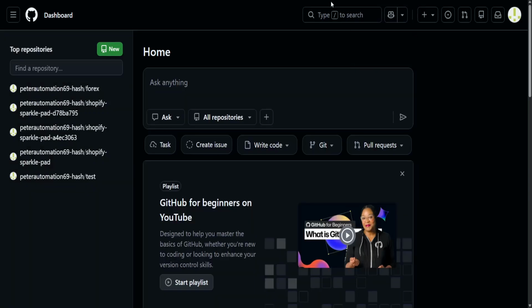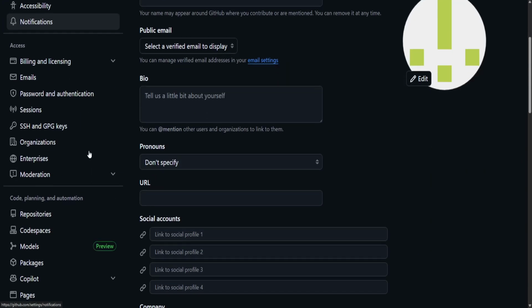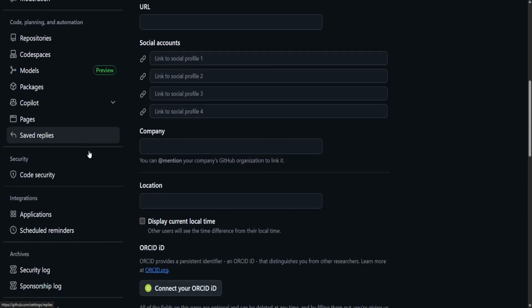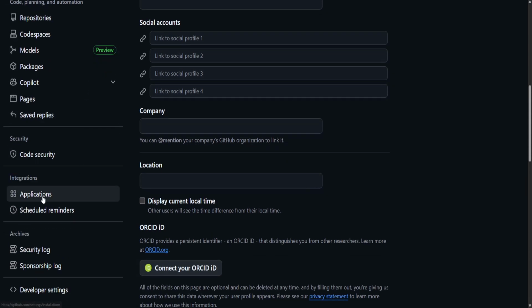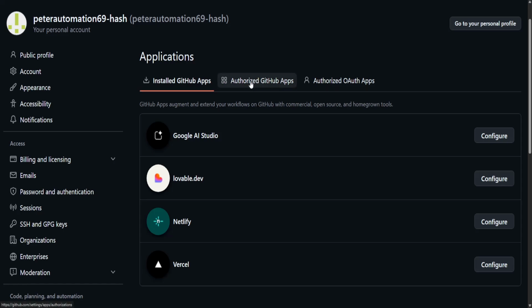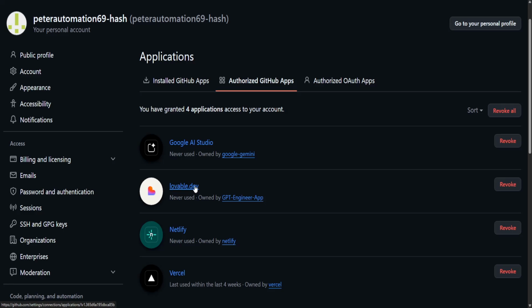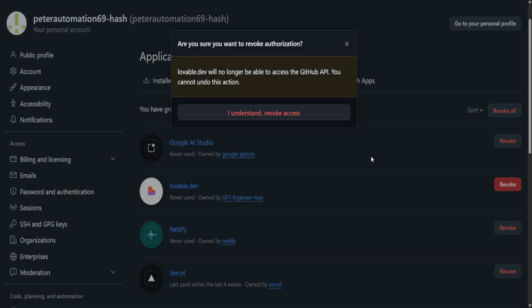So what you have to do instead is to open up GitHub, click on your account icon in the top right, and then navigate to settings. From here, we will scroll down until we see integrations and applications here from the left-hand side. Click on that option, then go into authorize GitHub apps, and you just want to find lovable.dev and revoke the